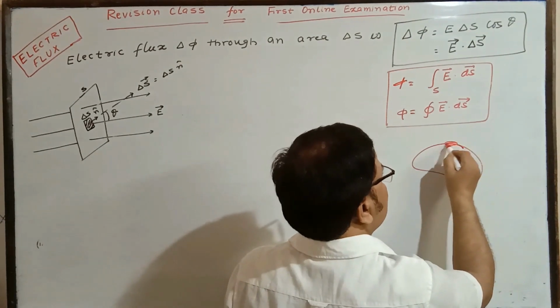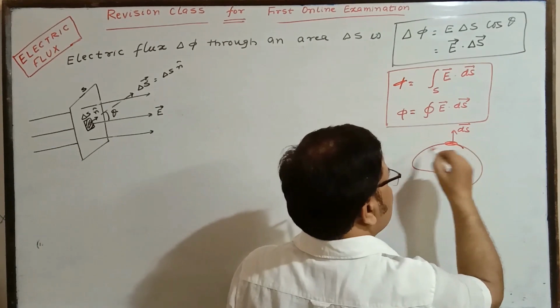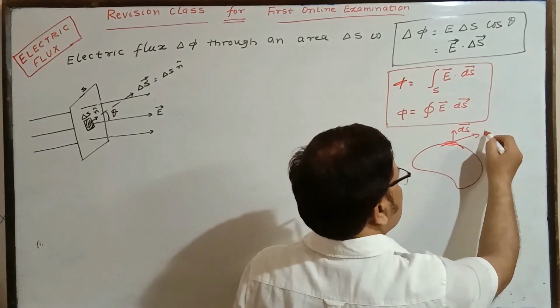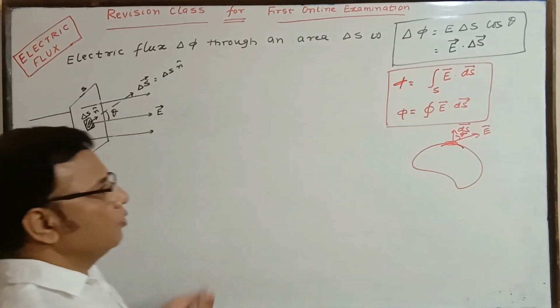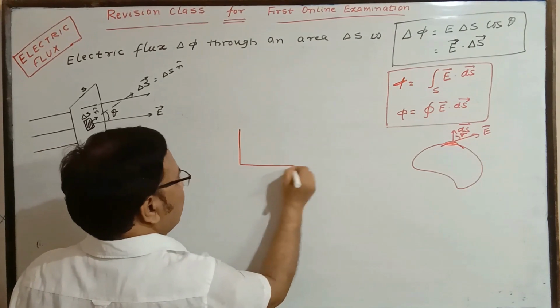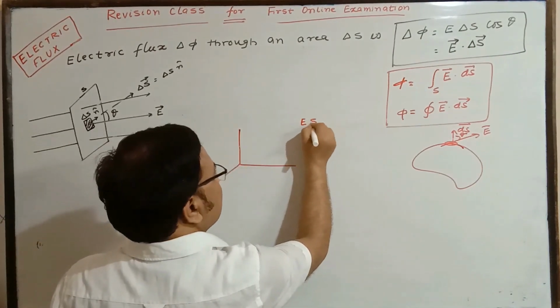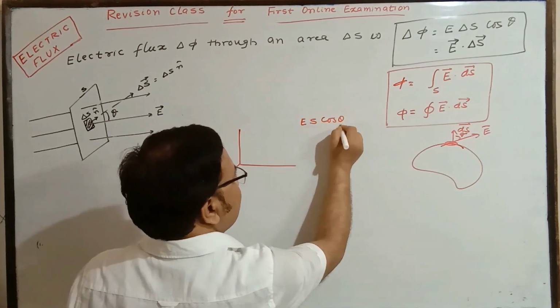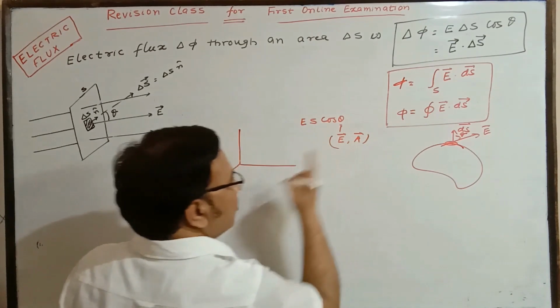The area vector at any point is, say this is dS, and electric field in any direction, say this is the electric field. Theta is the angle between the two. Accordingly, for the surface, it is going to be determined. Here, one thing should be taken care of while solving the numerical, dS, or E into S into cos theta. This theta is the angle between electric field and area vector, not the planar area.